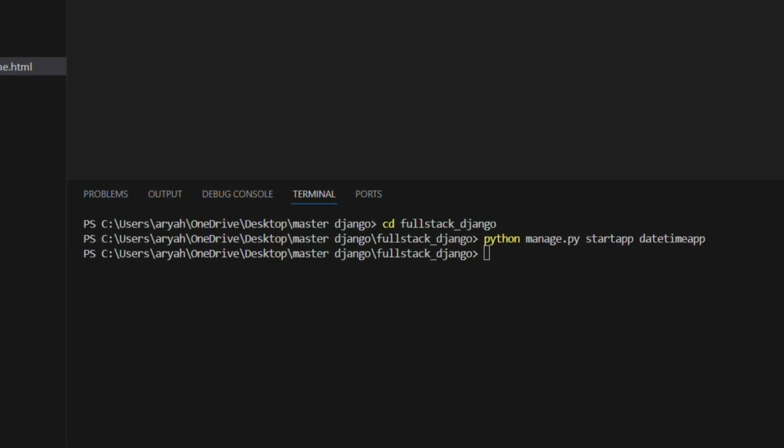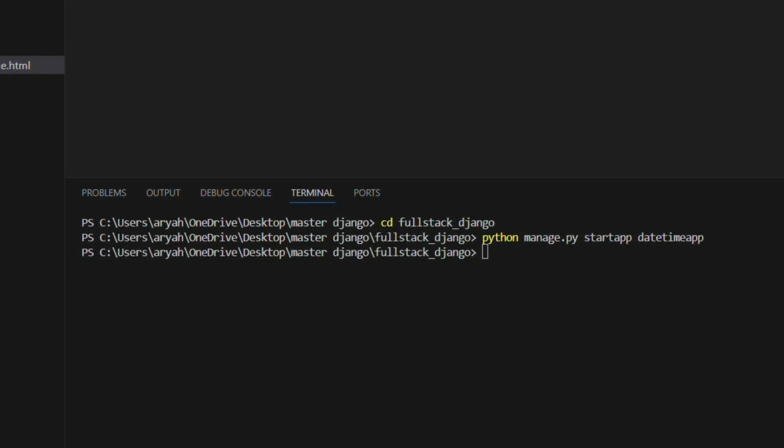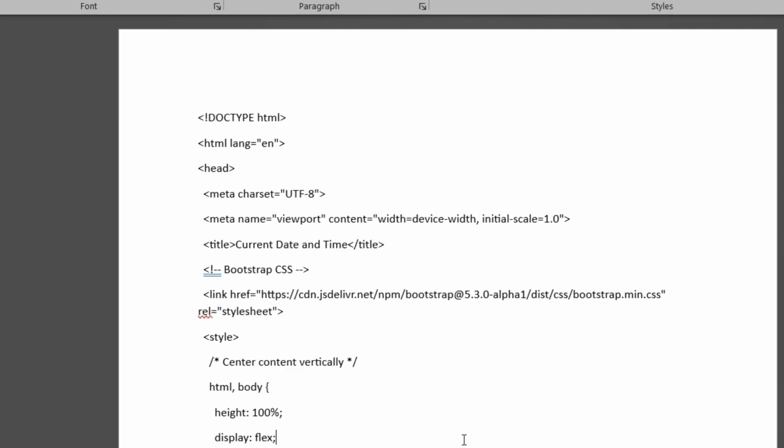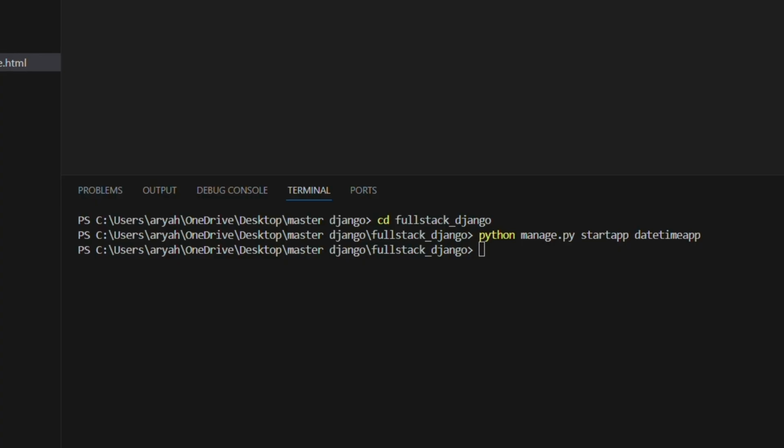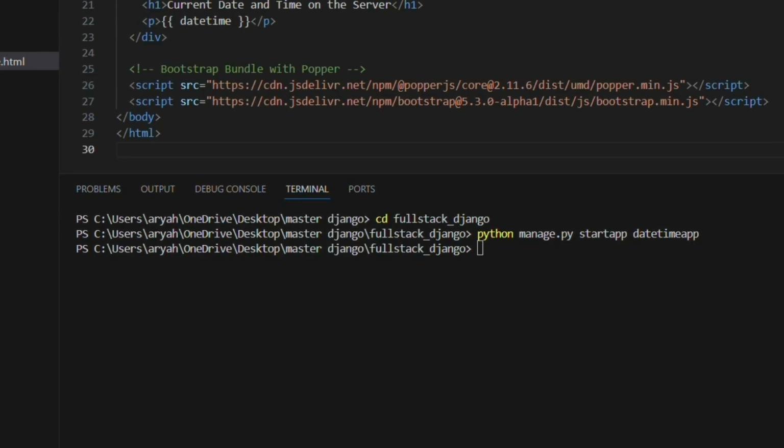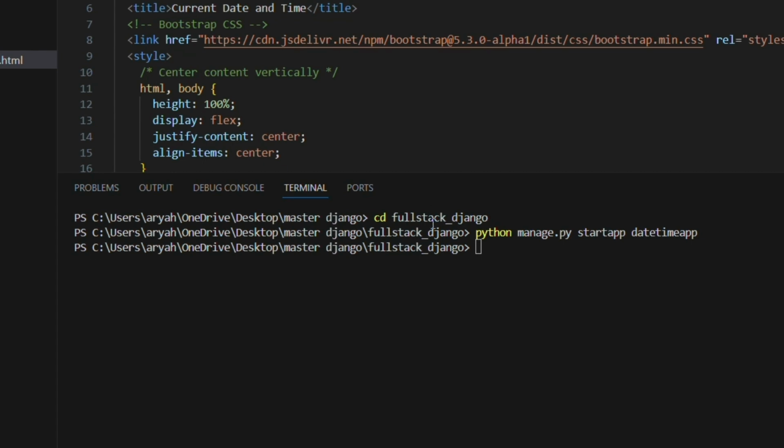and I will paste that code into this file here. Okay, here, and save it, and then